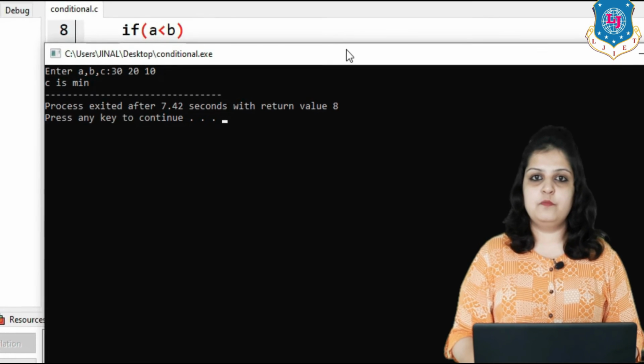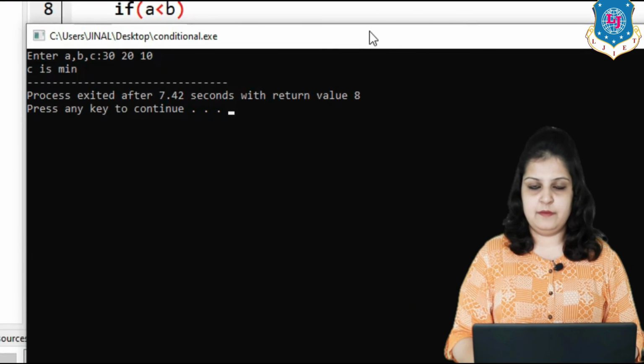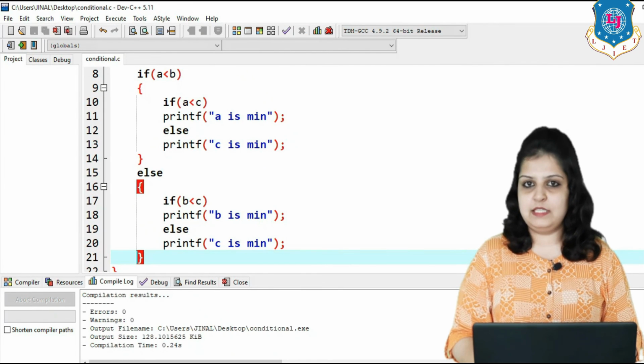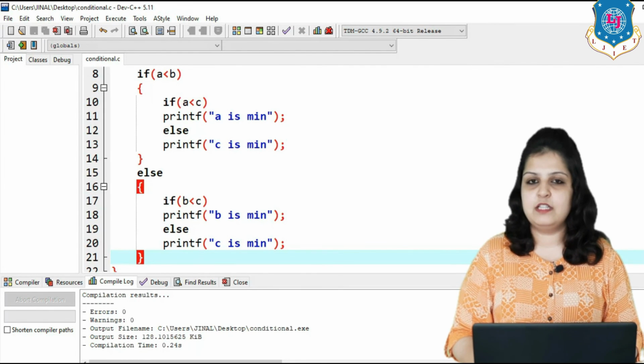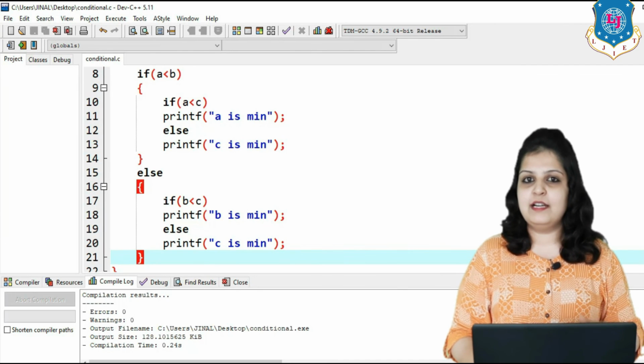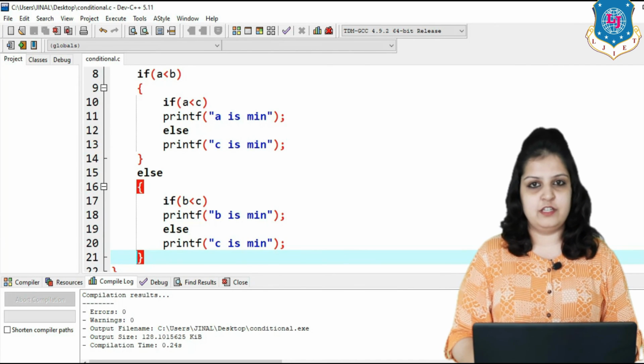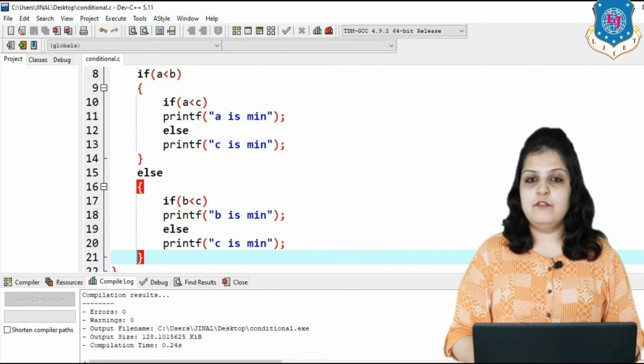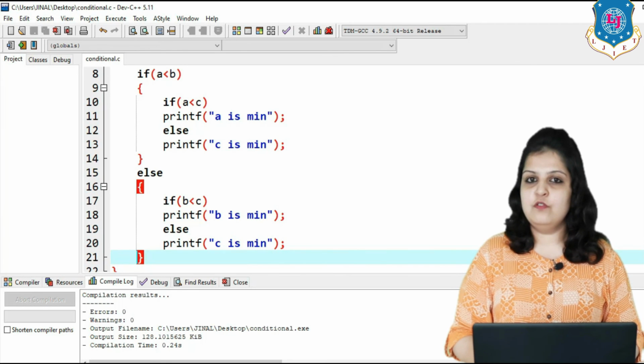So here our output is C is min. So in this way we can use the nested if else statement for multiple conditions, when all these conditions are dependent on each other. Hope guys you understand this practical session very well. We will see in the next video with the remaining